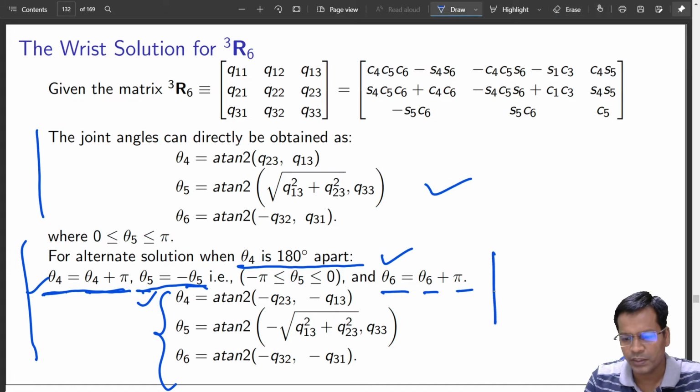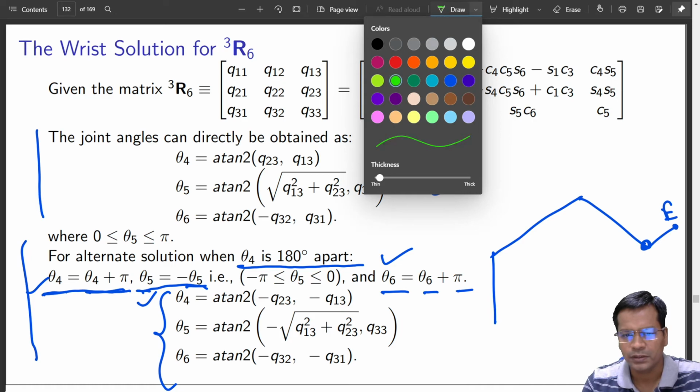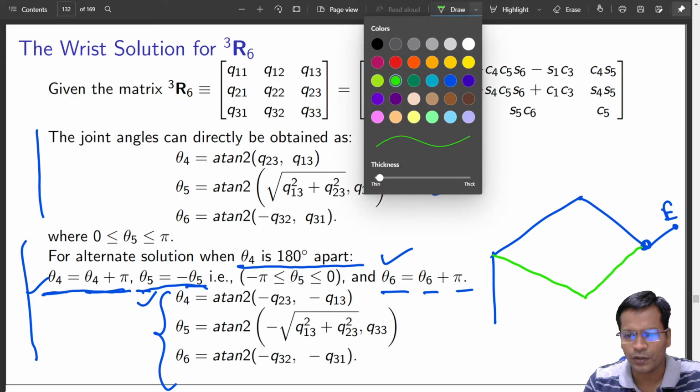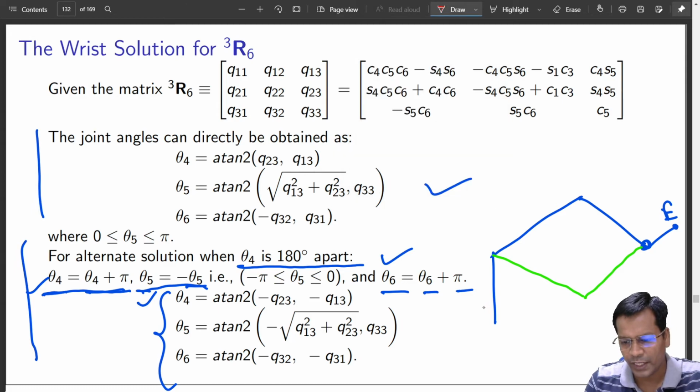So if this is one solution, after this I have some orientation like this. I have reached till the end effector. Now what could be another solution? If I draw this one like this, it is again a possibility. This is number 2. Again let me draw some other solution. If this has rotated by 180 degrees, pi plus theta 1, at that time the link goes to the other side, and from that side it comes back to this place and to this place. Those are the other two solutions.